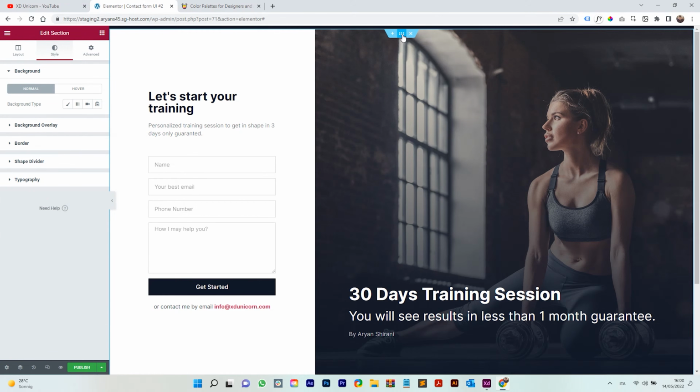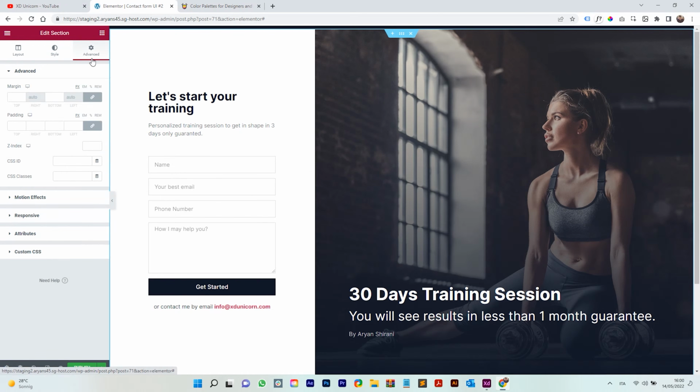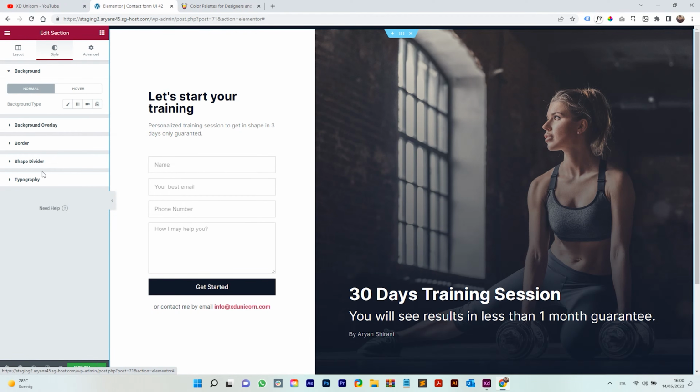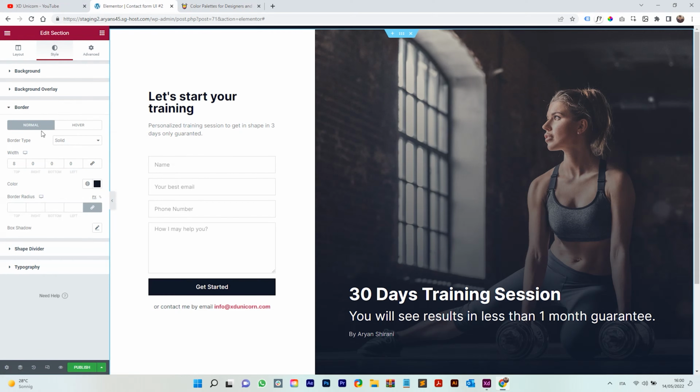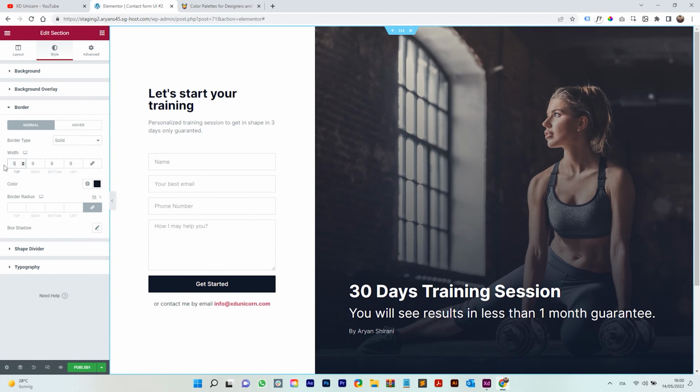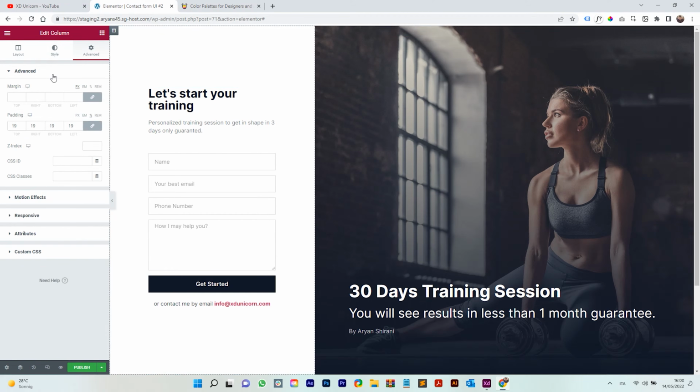The black border on the top is actually causing a scrolling, so we are going to remove that. So let me check, where is it? So select the section and go on style, border, and as you can see before we added this border, but I'm going to remove it to avoid that scrolling effect. Oops, so keep it 0, I'm just testing here, but keep it 0, and then select this column here and